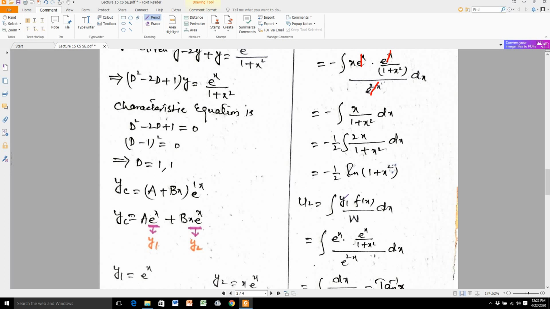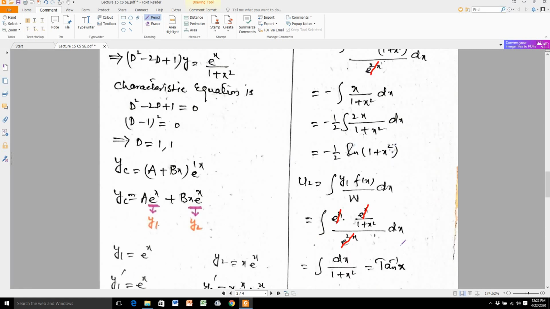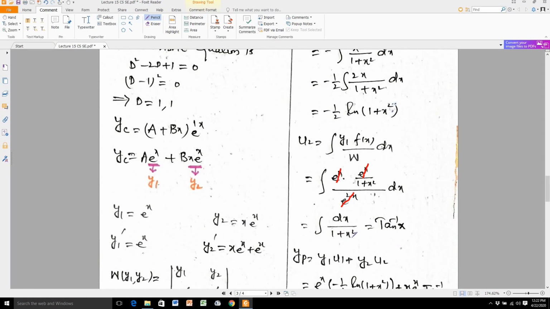Now I substitute here the value of y1, that is e raised to the power x. Then I write the value of the forcing function, that is e raised to the power x divided by 1 plus x square, divided by the value of the Wronskian, that is e raised to the power 2x. Again using the properties of exponent, these two become e raised to the power 2x, and then it is cancelled with this e raised to the power 2x. The remaining terms are dx divided by 1 plus x square, and you know that